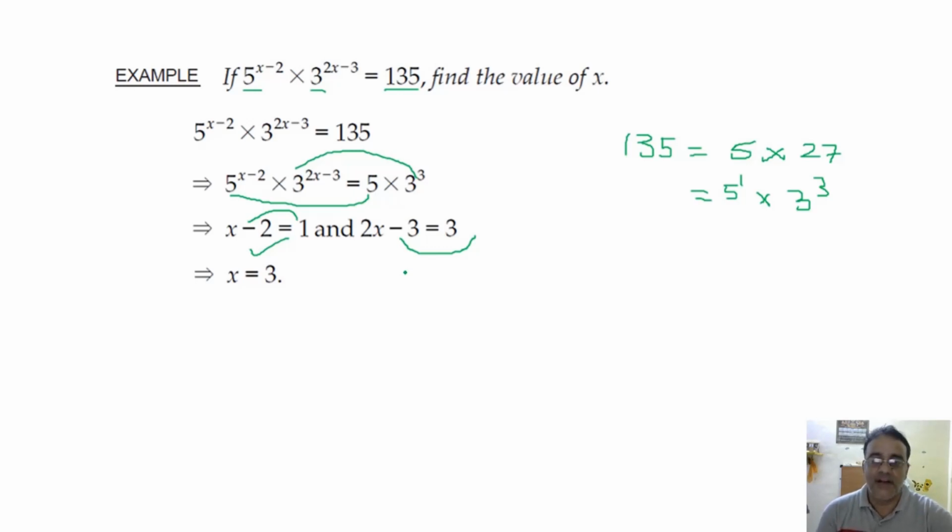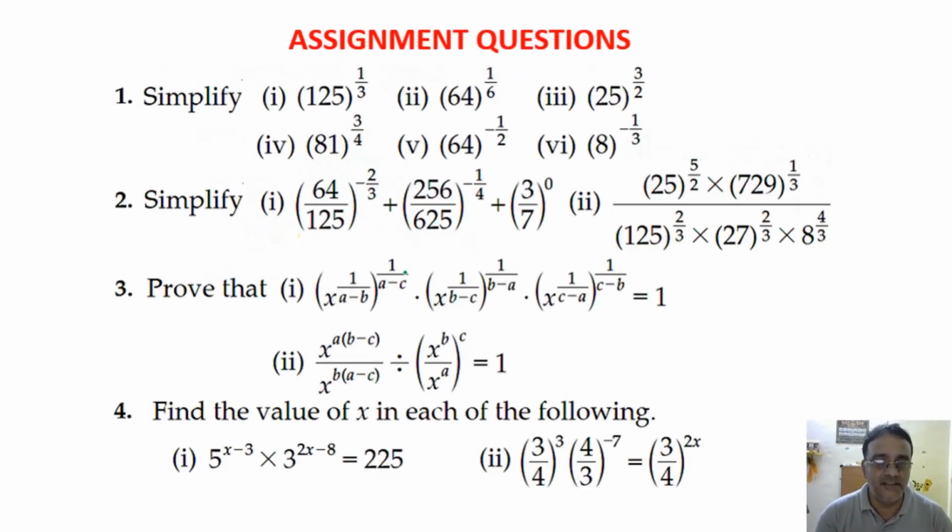Now let us move towards the last section. Which is the last section? Assignment. Assignment question. Right. Now see, you have to send this assignment question in Google Classroom. You will send these assignment questions in the G Suite Google Classroom. This is a simple problem, simplification, proof related question to find the value of variable based on the given condition. See, we did this type of question just now.